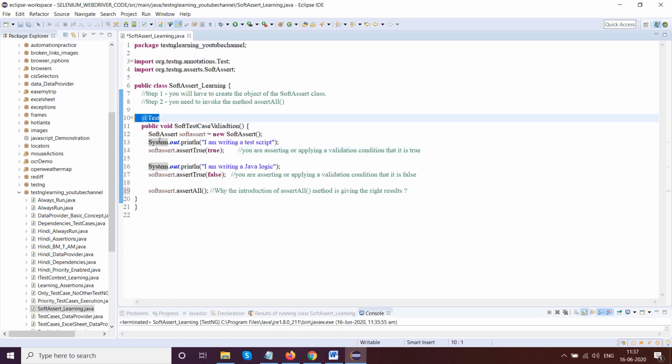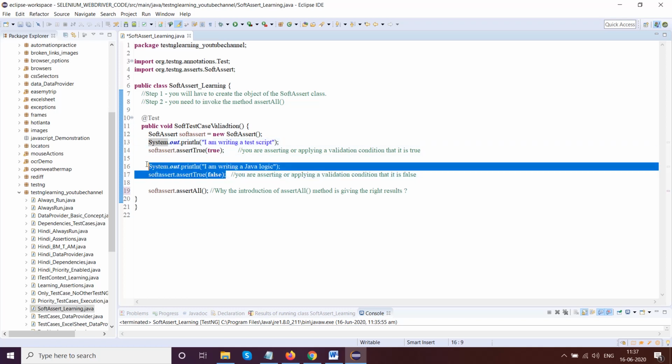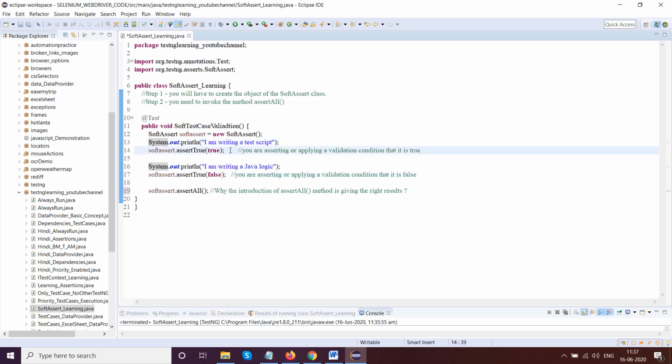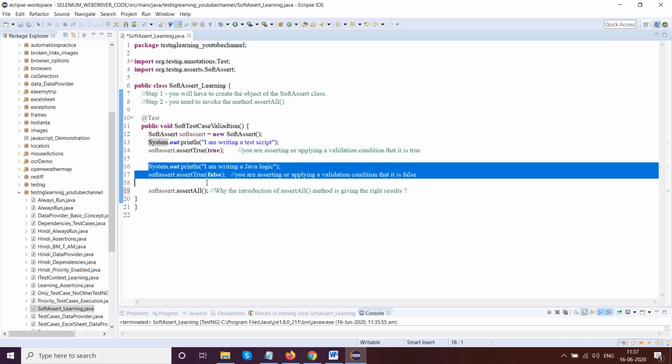But in terms of soft assert, it will execute the other logic as well. After it validates one particular condition, it will go to the other logic. Even if this condition passes or fails, it will still go to this particular logic.